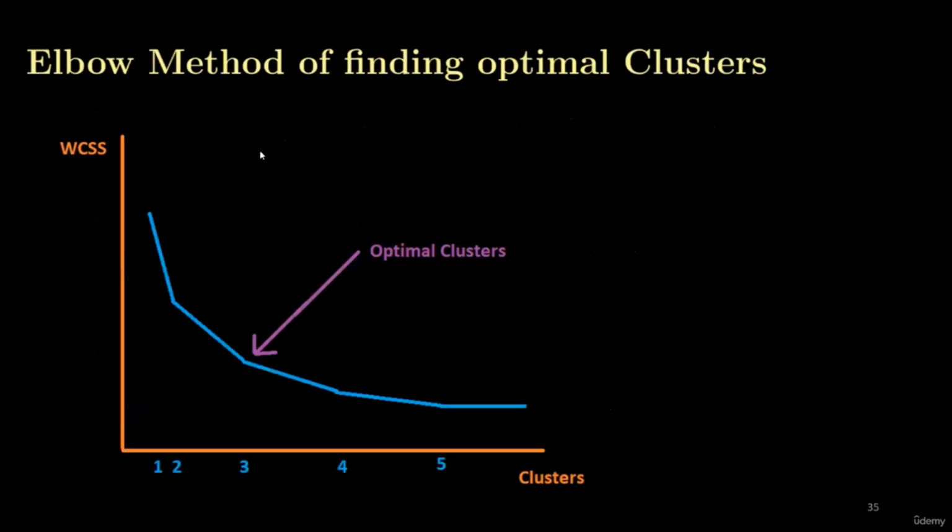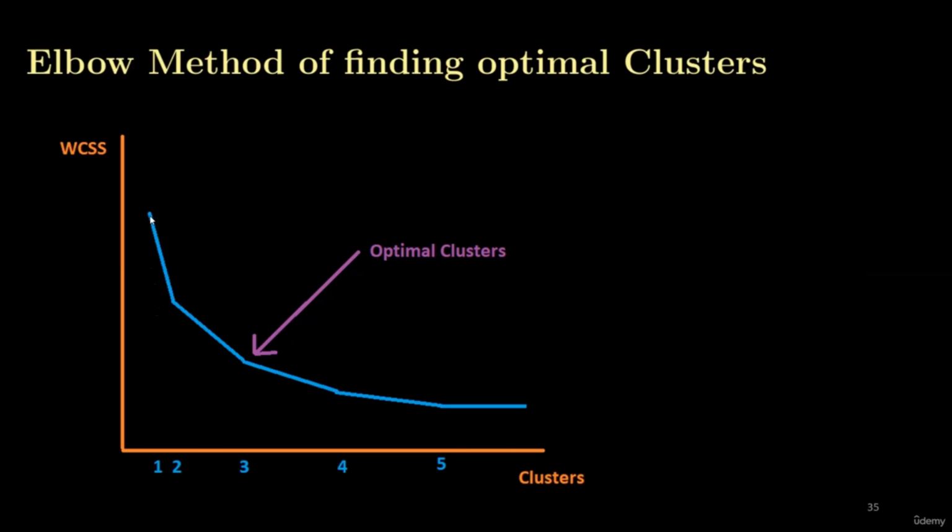So this is the elbow plot. You can see that this is a plot between WCSS and cluster. So this plot is only for 5 clusters. Now, when we are at cluster 1, we can see that the value of WCSS is very high, which we